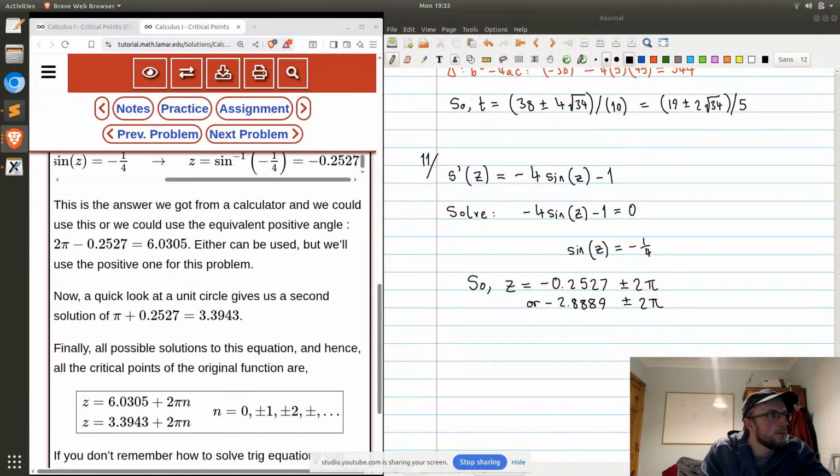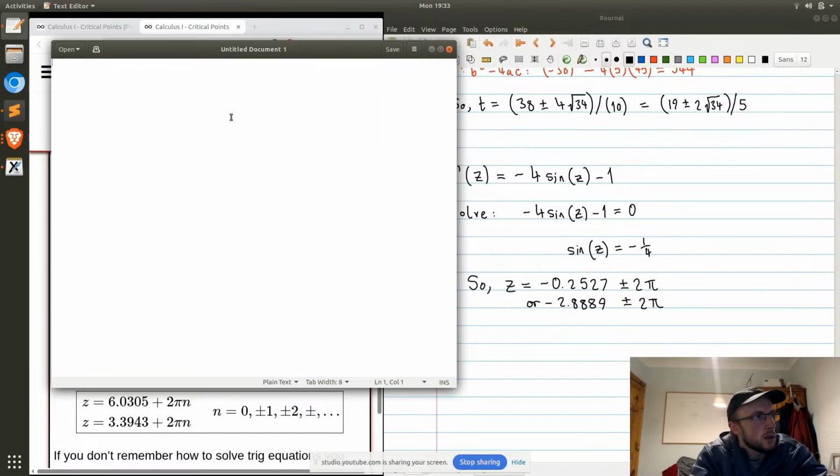Right, okay. So I'm curious. If we have a problem for which the answer is all solutions to arcsine of -1/4, which in all fields of science